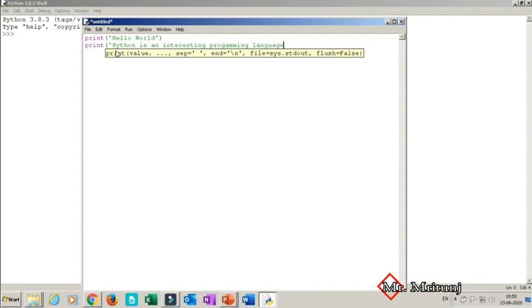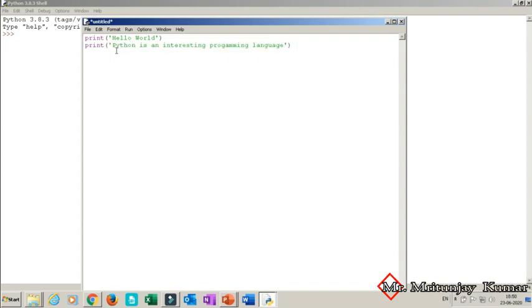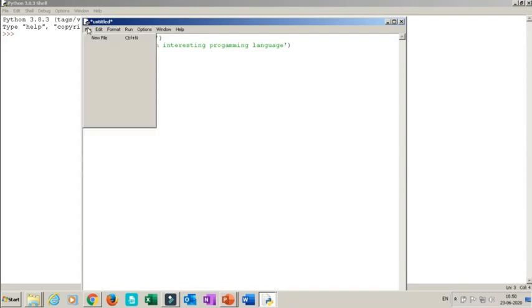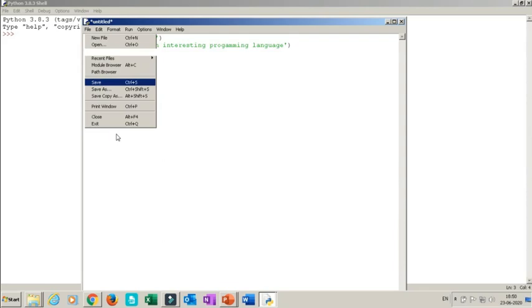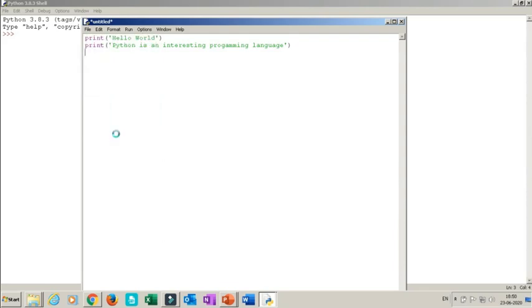So I have written 2 messages, and now you can see here I am not getting the output just after writing the code itself. So for the output I have to save this file and then run this file. So let's see, I will save this file, and the Python file will be saved with the extension .py.